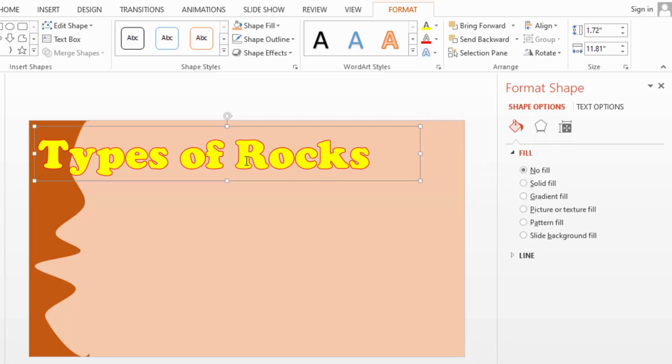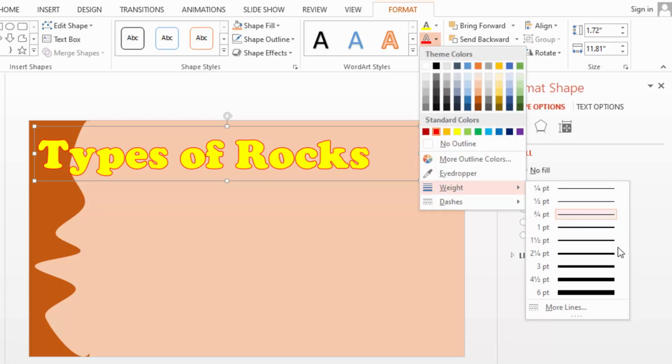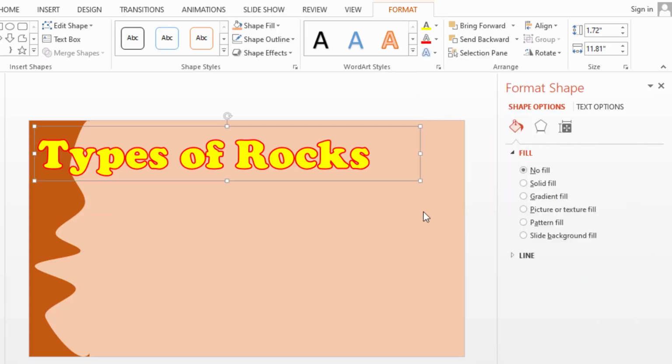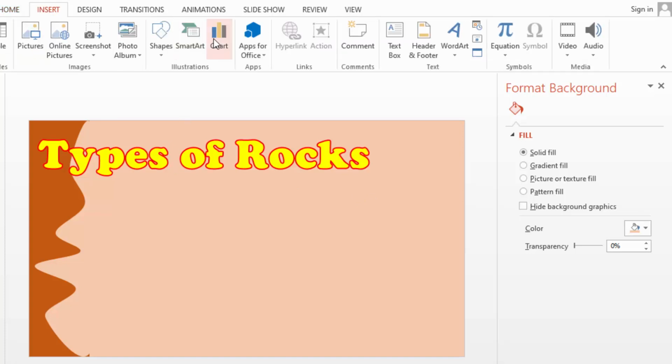Then I will increase the thickness of that outline. You just come to weight and choose here something good like that. So you can see I have an attractive title. Then I will insert a picture of rocks here,